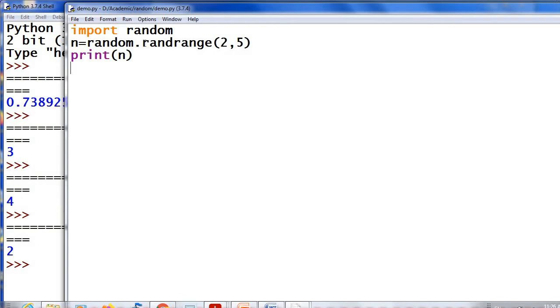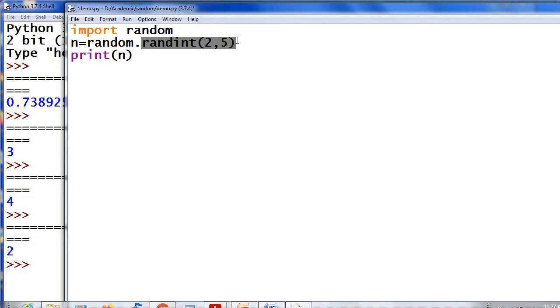Okay, then next function is randint. Randint. This function will generate and return a random number between 2 and 5, including both the values, lower limit and upper limit. And this function is very important from your exam point of view. So don't get confused.